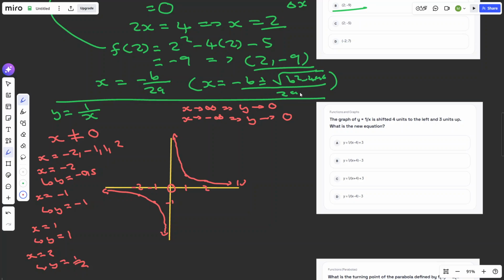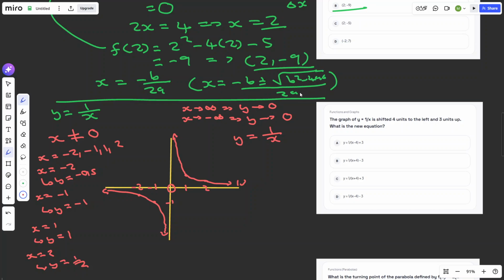So now if we go to the question, right? The function is shifted 4 units to the left and 3 units up. So this one, it will simply be, let's write it here. Our function is 1 over x, right? So our function is shifted 4 units to the left, okay? So what does that mean? Being shifted 4 units to the